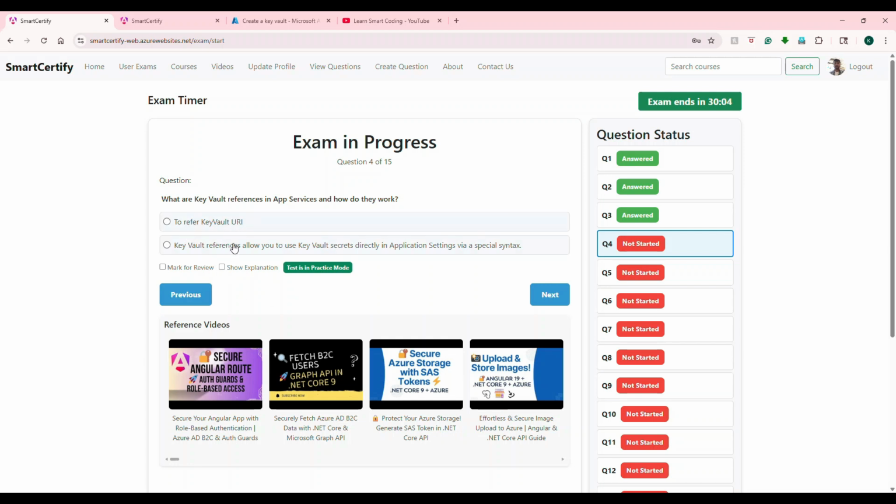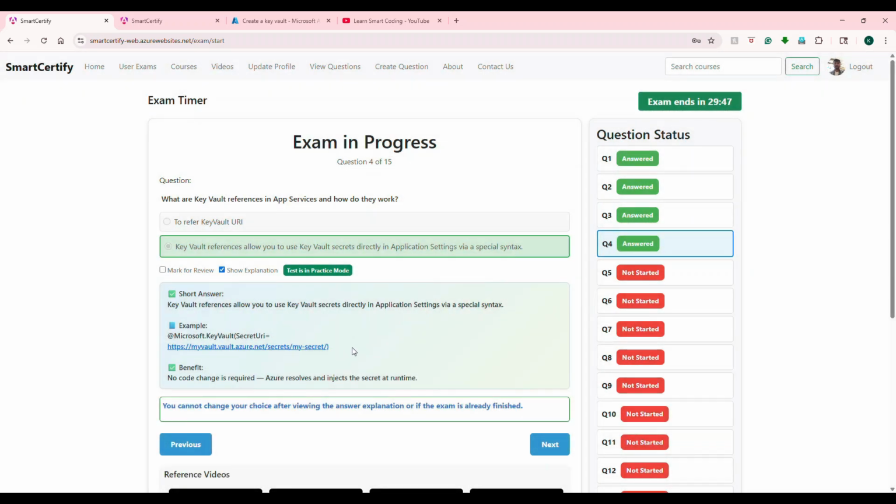Okay, so the options are, we can refer to the Key Vault URI. And the second one is, Key Vault reference allows you to use a Key Vault secret directly in application settings via specific syntax. This is the right answer. See, it will tell you why. So this is the place where it is asking us to go. Look at this. This is our secret URI. Can I use this directly? No. But this is the syntax